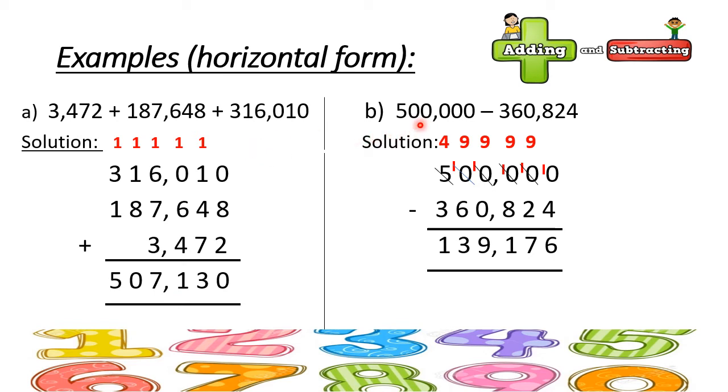Now let's move to example B. So this is our second example. This example belongs to subtraction, because we have the minus sign here, which tells us that we have to subtract these two given numbers. Again, this question is written in horizontal form and we cannot solve it directly. So we have to copy these two numbers in vertical form. We will start copying by taking the biggest number first. So this is the biggest number. First we will write this number, and after it we will write this smaller number.